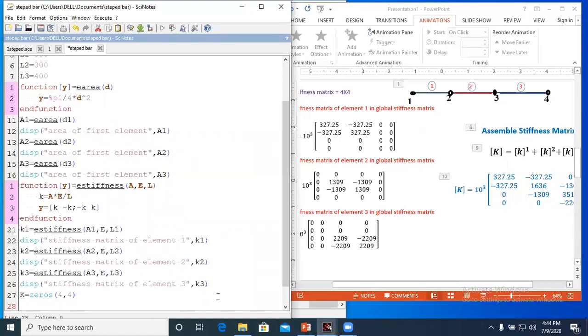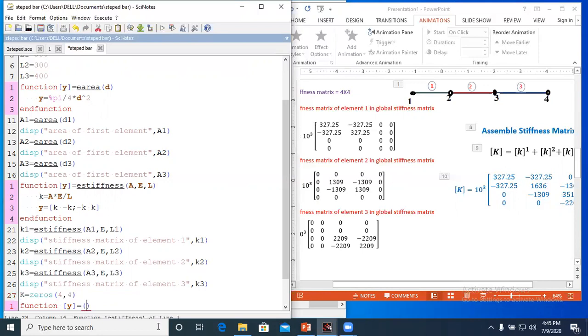Now for assembling, or for adding the stiffness matrices, I will write one function. I will write the function first, then I will explain. Now it is a function keyword. Now I will write the return value, suppose y, equal to the, now the arguments I want to transfer. First argument is the zero stiffness matrix, that is K,